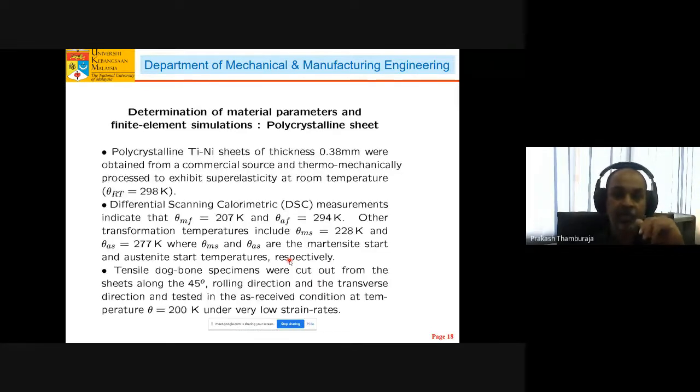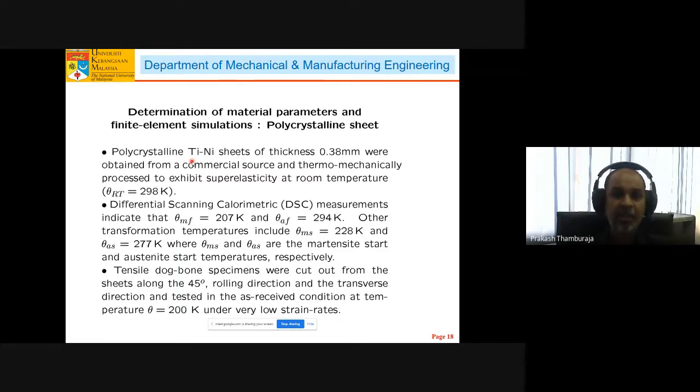Okay. So the second part of my talk is basically what I was briefly describing earlier. We want to see whether we got lucky with the polycrystalline rod. Yeah? So we look at a different type of textured shape memory alloy. So we look at a polycrystalline sheet material. Okay, so we've again purchased the